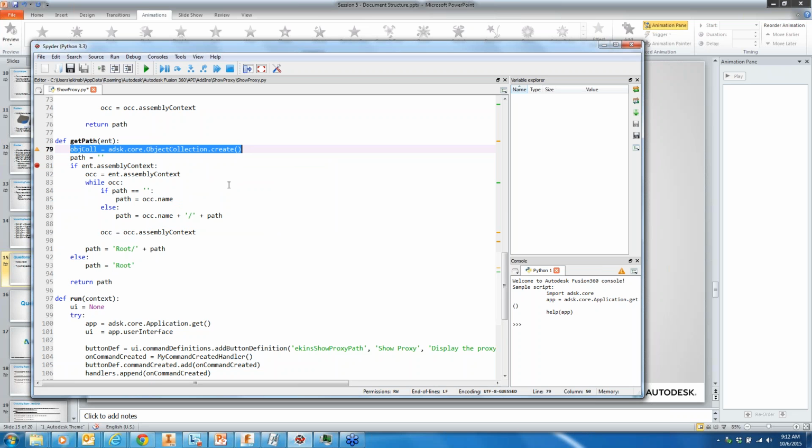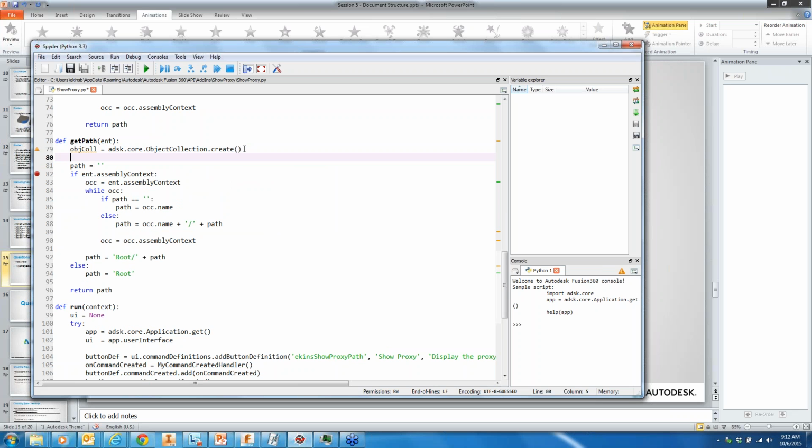So that creates a new empty object collection, and then I can add stuff to it now by calling the add method. And so whatever I want to add would go in here. So if I had a variable face1, and